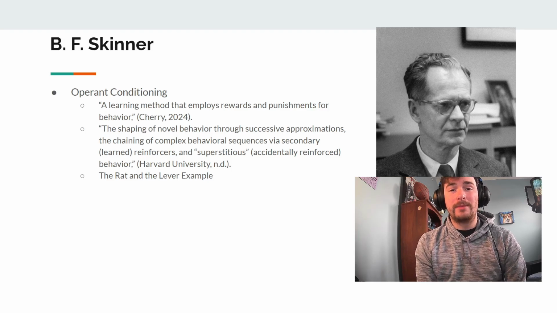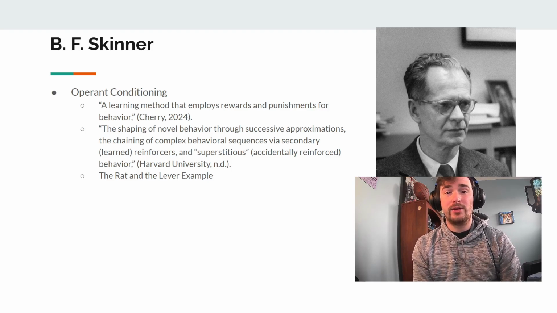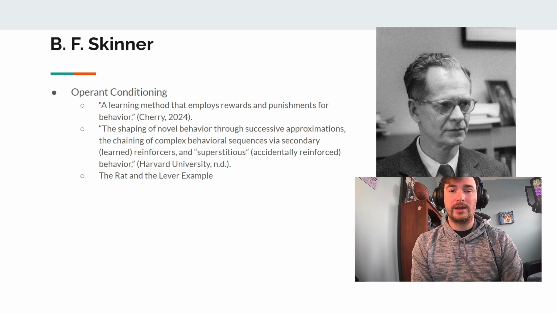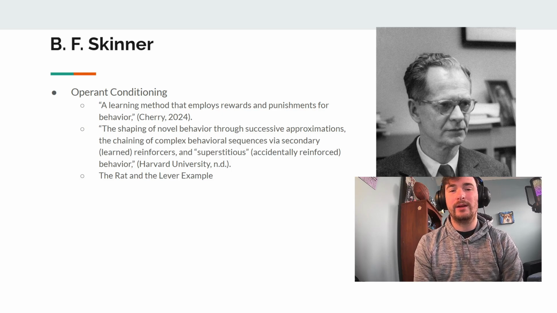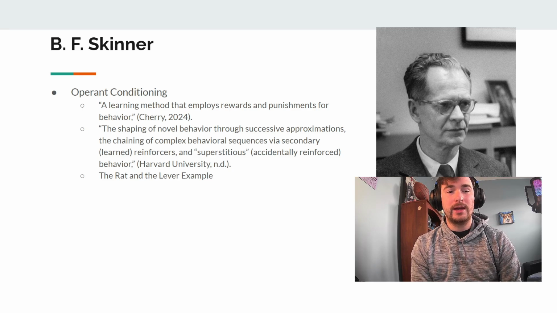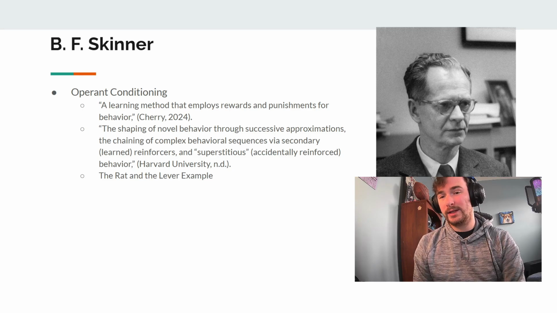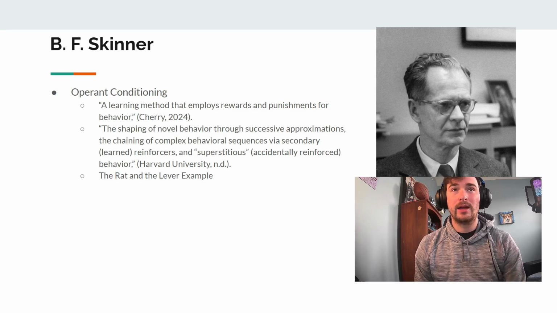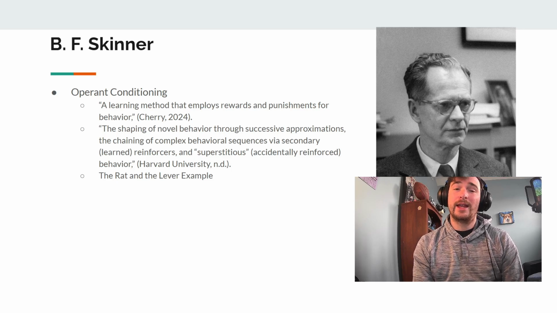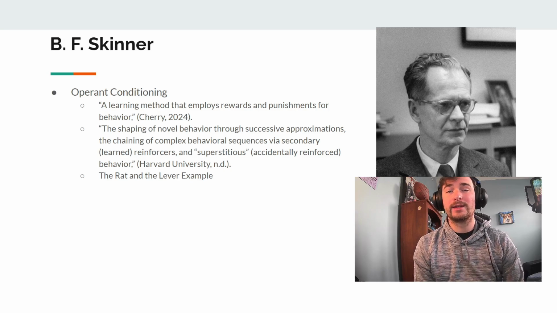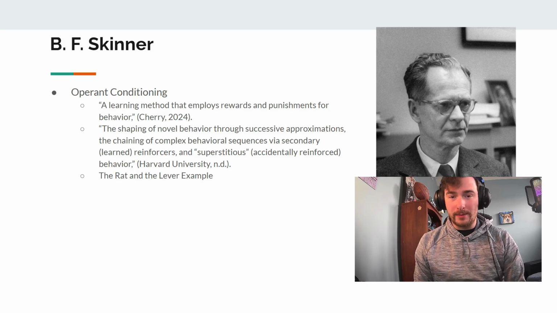Last, let's talk about B.F. Skinner. B.F. Skinner is best known for his idea of operant conditioning. Operant conditioning is very similar to classical conditioning, where classical conditioning is a learned response through a stimulus that is occurring in the environment. Operant conditioning, as cited by Cherry 2024, is a learning method that employs rewards and punishments for behavior. So whereas classical conditioning only deals with that positive reinforcement, operant conditioning utilizes the full spectrum of reinforcement